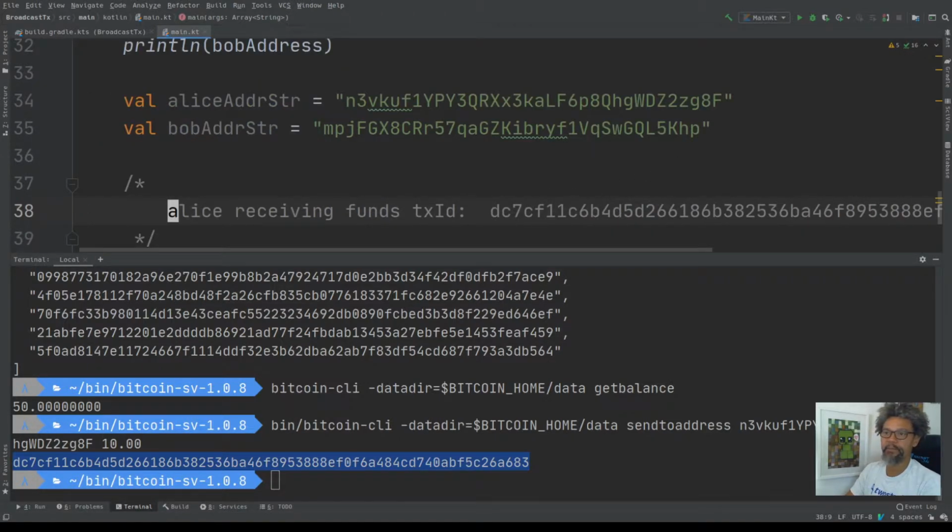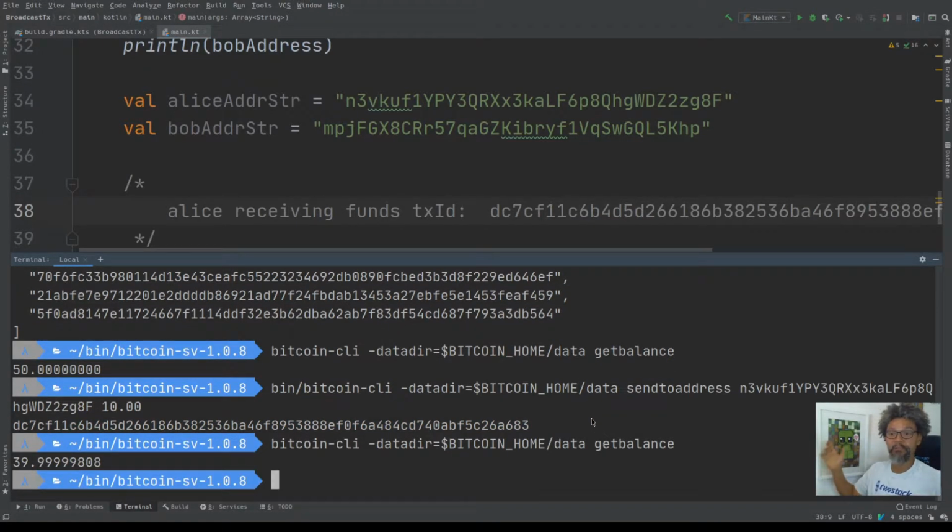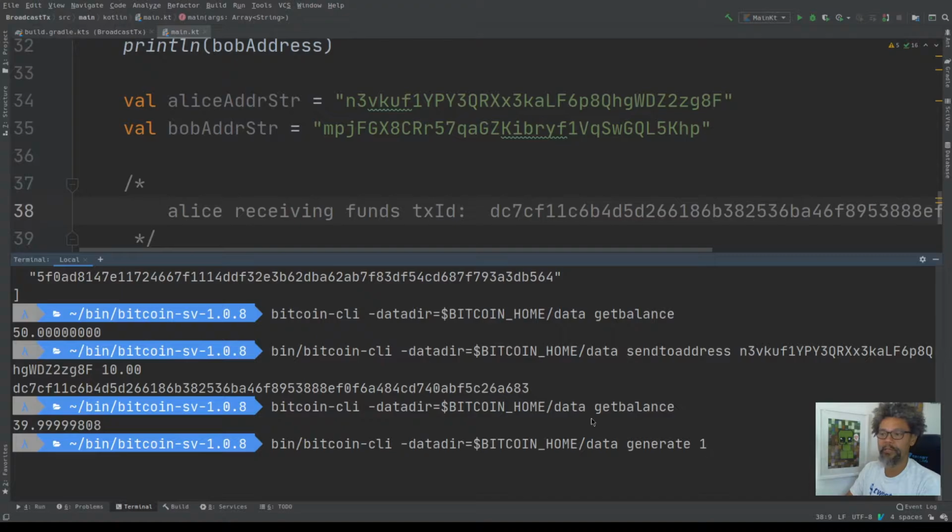Transaction IDs, etc. Okay, so I'm going to get the balance on my local wallet. There should only be 40 Bitcoins, about 40 minus the small amount of Satoshis that basically went to the miner. Now, there's one more thing that I should mention. The transaction that got generated for sending the coins is right now still in the mempool. It hasn't actually been mined. So I need to mine at least one more block before those coins are actually in the local blockchain. So I'm going to generate just one more block,